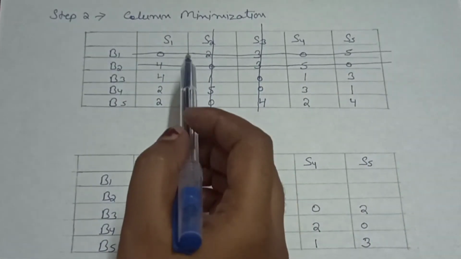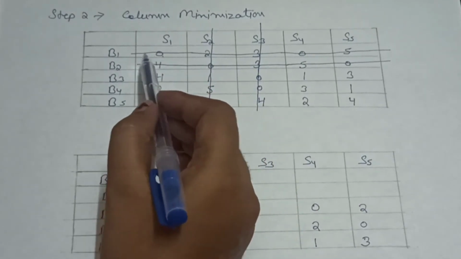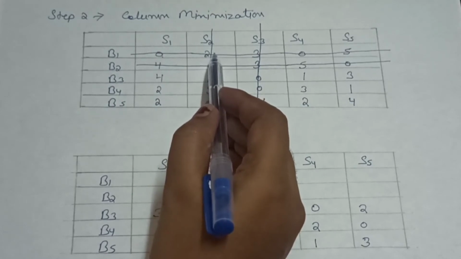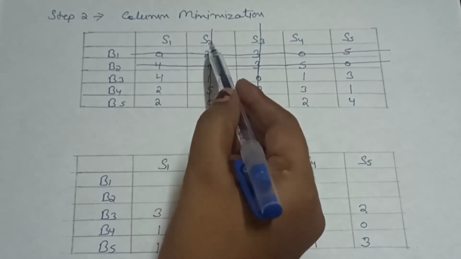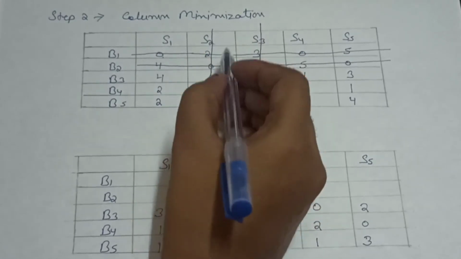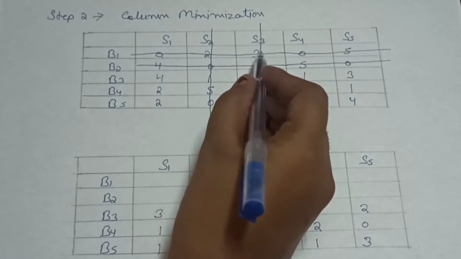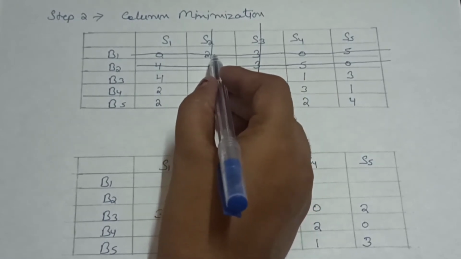So students, you can see here two types of covered elements. Like this element, this is covered by one line only. And this element, this is covered by two lines, like this line and this line. So first of all, we will calculate these elements 2, 0, 3 and 3, because these are at the intersection of lines.